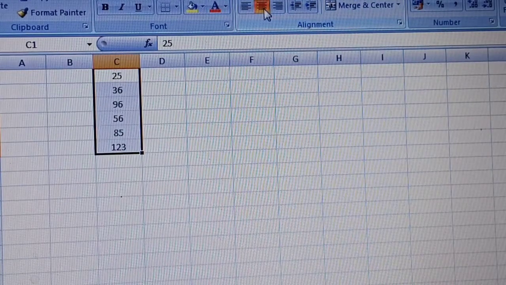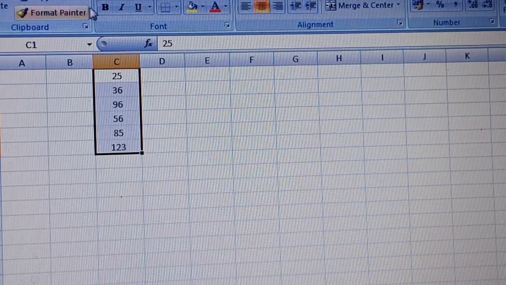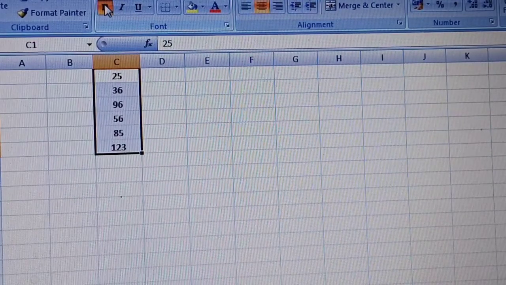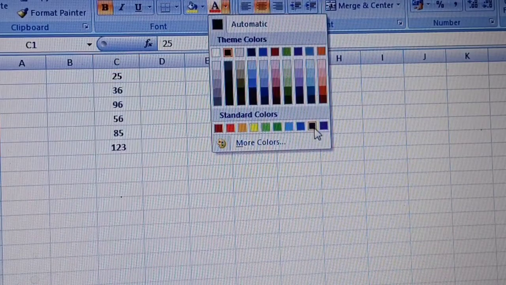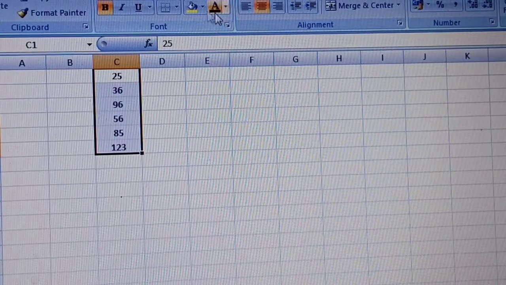So all numbers are aligned at a center position. Okay, if you want to bold these numbers, click on bold. So your numbers are bold. If you want to change the color of the numbers, you can select any color here.